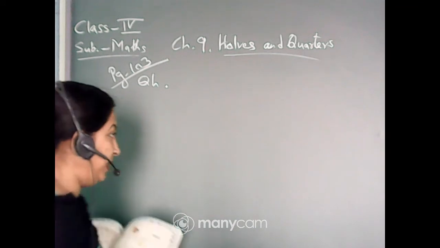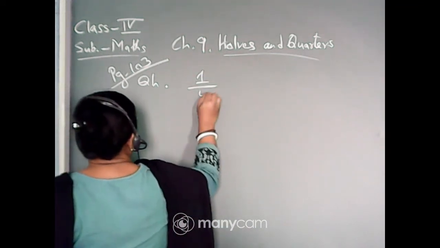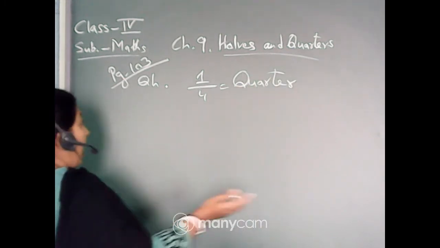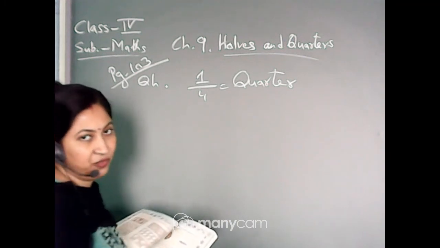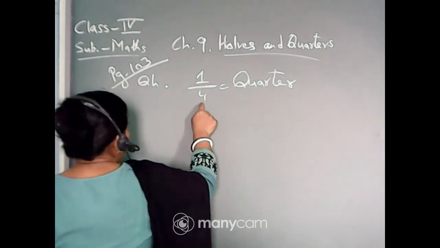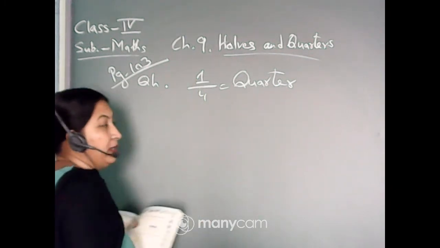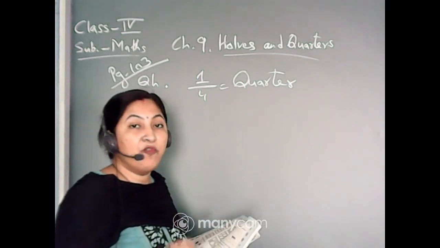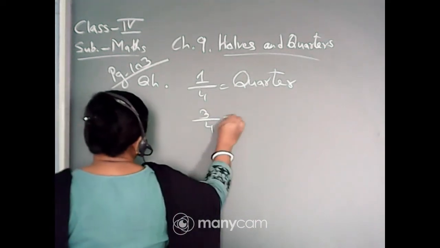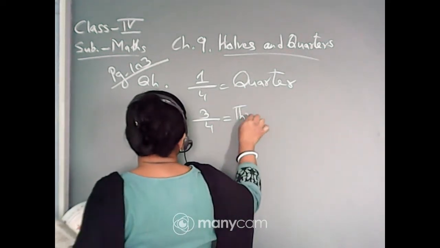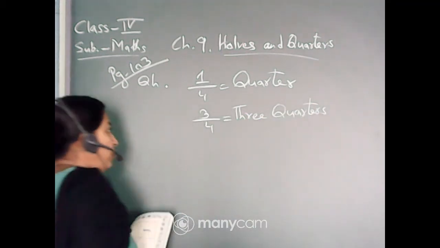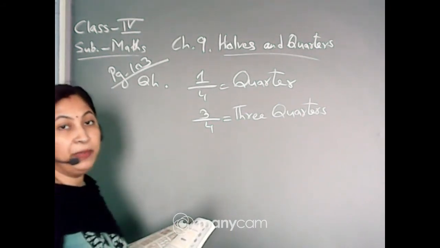And 1/4 means quarter, isn't it? Now you have to tell how many more quarters you have to draw. Quarters is written means in the denominator 4 will be present, isn't it? So how many 4 you have to draw? It is 3/4. That means 3 quarters you have to draw more to complete the picture. 3 more quarters you have to draw to complete the picture, isn't it?